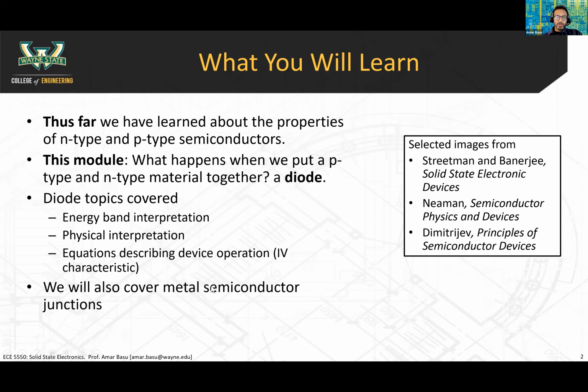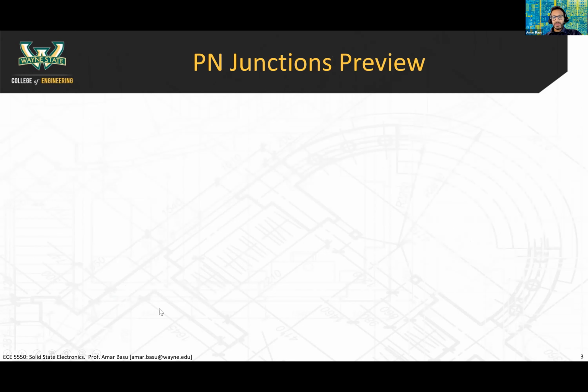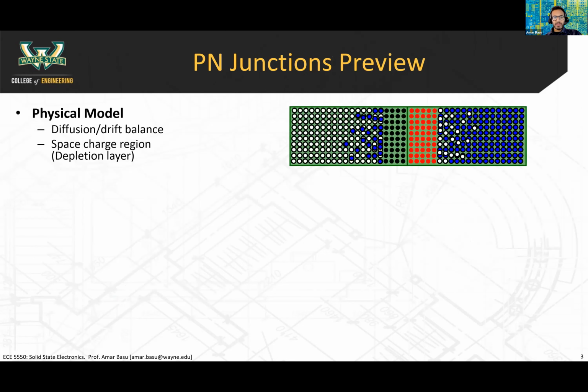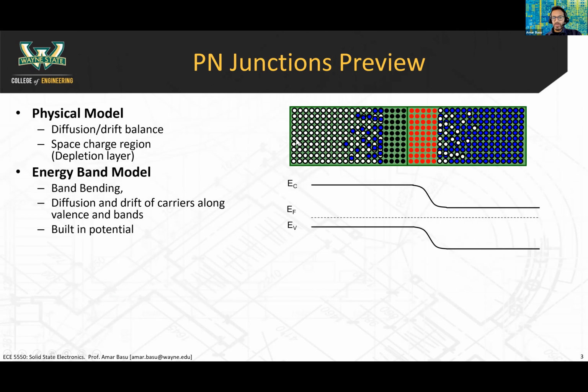And later on, we'll talk about photodiodes, which convert light into voltages and currents, and then we'll talk about metal semiconductor junctions. So just a quick preview. This is an overview schematic of what the physical model is. We're going to talk about the drift and diffusion balance. We'll talk about something called the space charge region or depletion region that occurs right at the interface between the